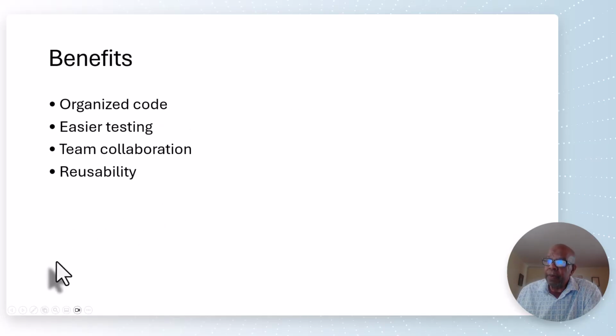So what's the benefit? The biggest benefit is organized code. You don't have all that code in one location where you're going in and trying to find things. You know that all your view items are together, all your model items together, and all your controller items together. So basically, it's a concise repository of where everything is that you're currently programming. Easier on testing, team collaboration, allows for